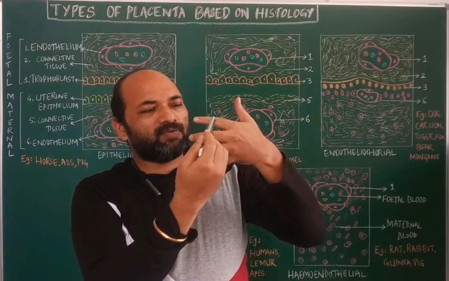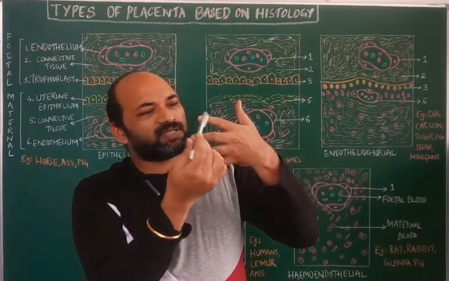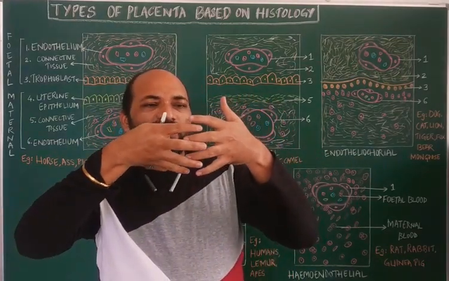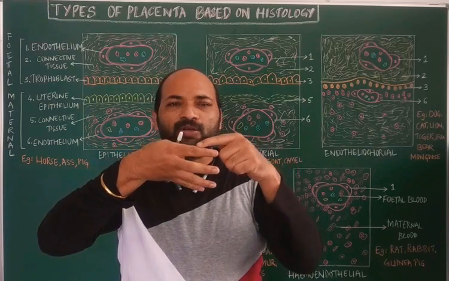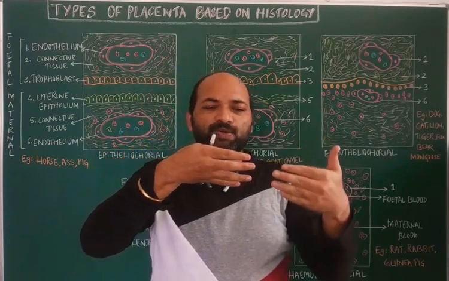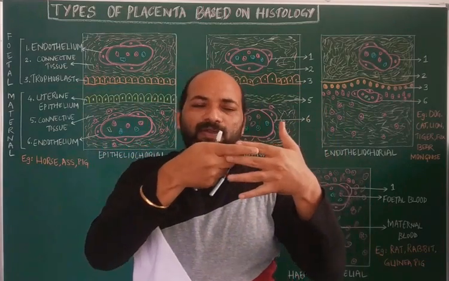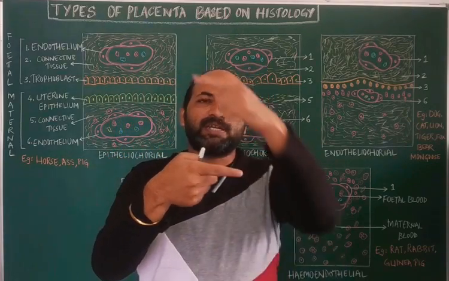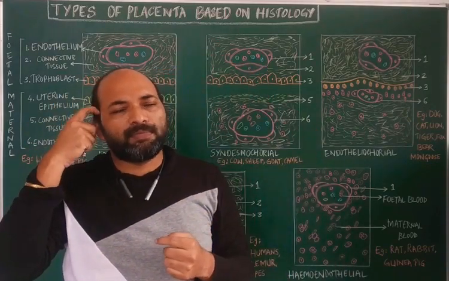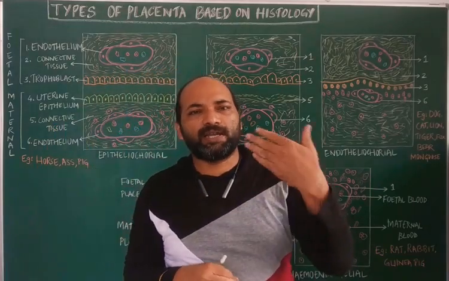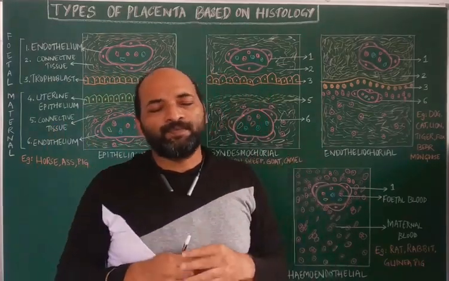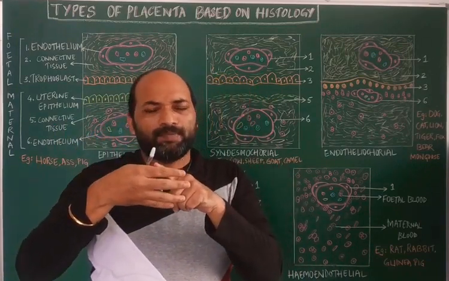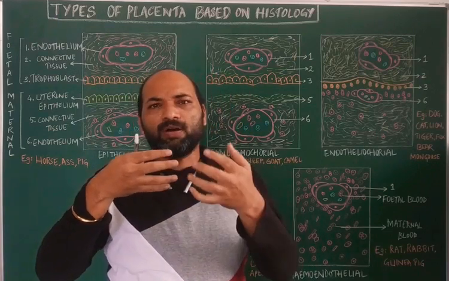When the fetal blood vessel brings the nitrogenous waste, that waste first diffuses into the lacunae and thereafter diffuses into the maternal blood vessel. Thereby it transports the nitrogenous waste from the fetal blood vessel into the maternal blood vessel, and this waste will be sent to the maternal kidney, where it gets eliminated. Meanwhile, the oxygen and nutrients, like water, amino acids, glucose, everything,